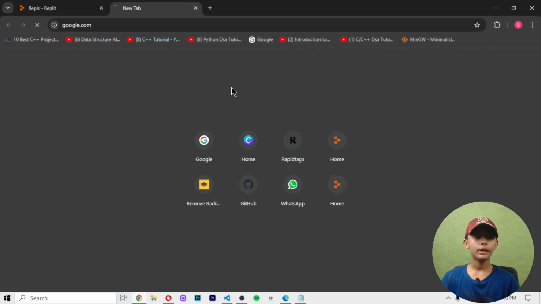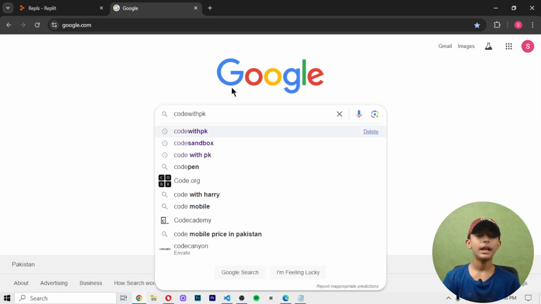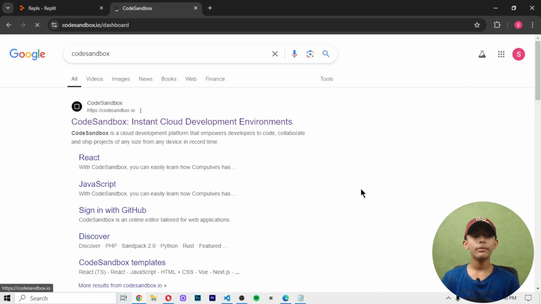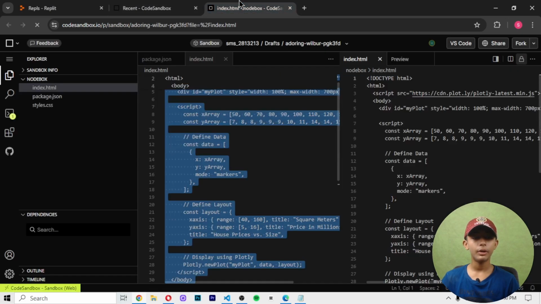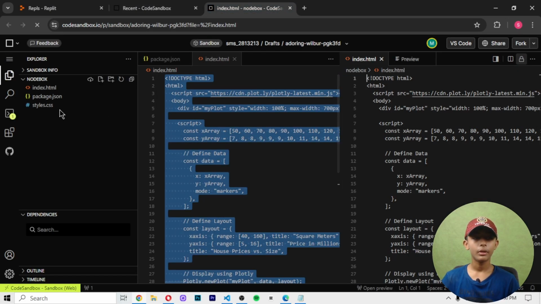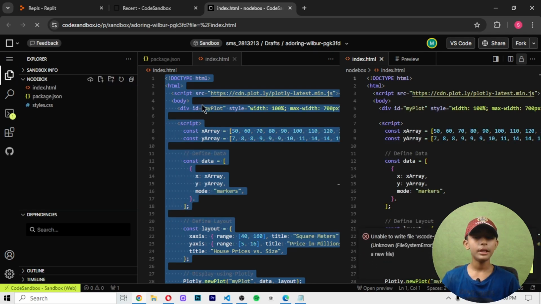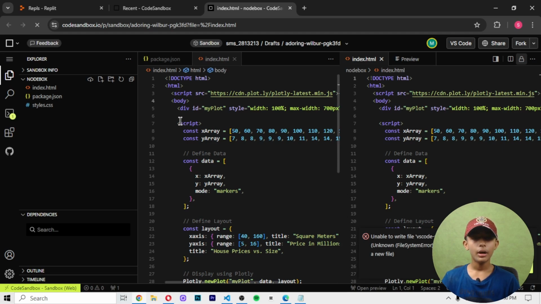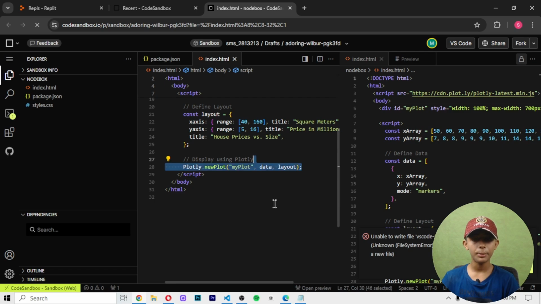Okay, so what can I do? I go to Google and write CodeSandbox. This is very beautiful, just like Replit. When I open my HTML file, or you can make an HTML file also, I make one JavaScript file by the name of index.js. In the script, here you can write this type of code